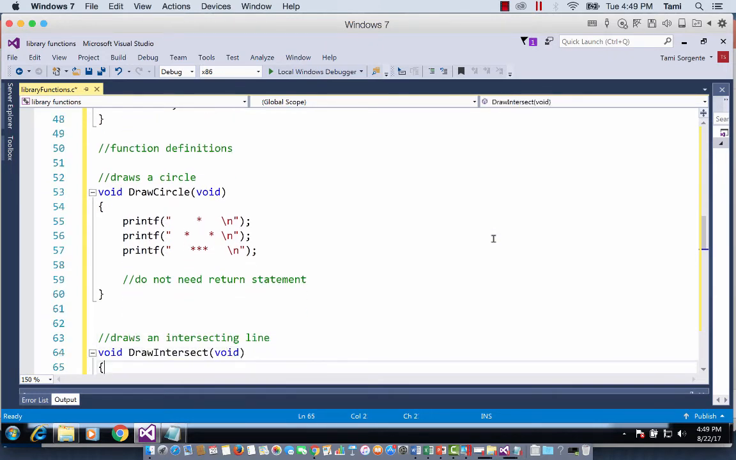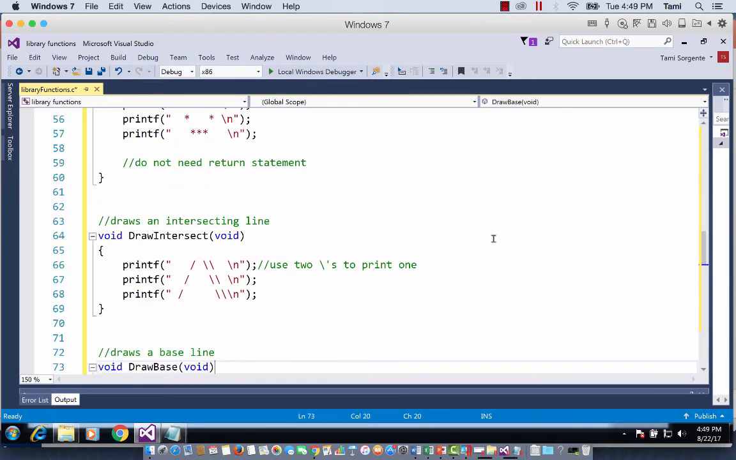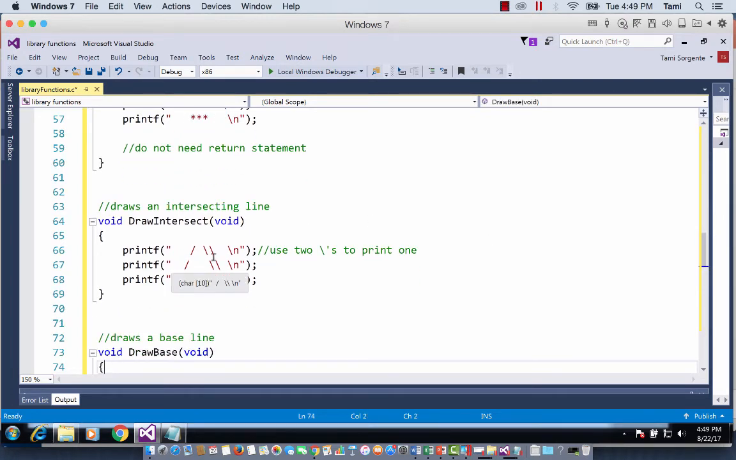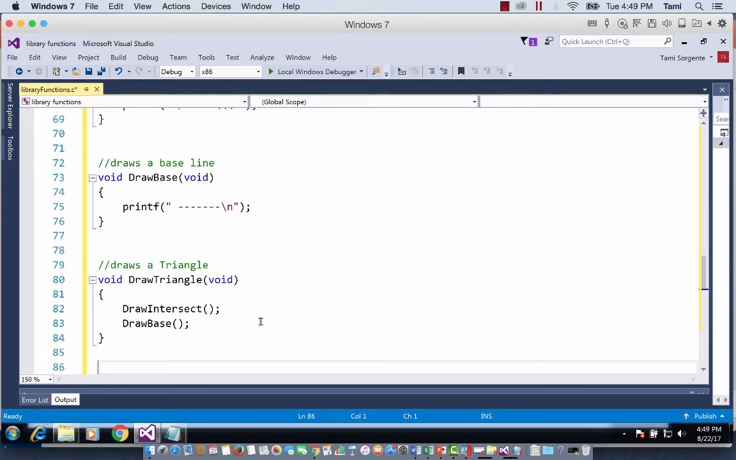The function draw intersect also has a void return type. I like to show this one because it shows you how to put a backslash on the screen. A backslash is a special character in C, so you put two of them together. Then this follows draw base, and then draw triangle. You can see how the draw triangle function is making a function call to draw intersect, so you're reusing the draw intersect